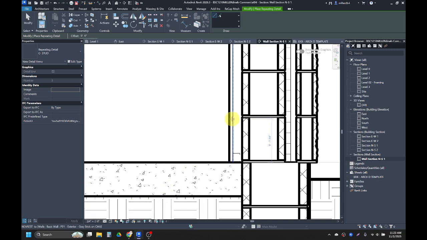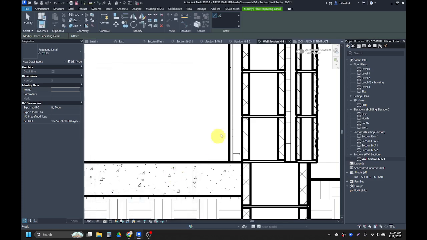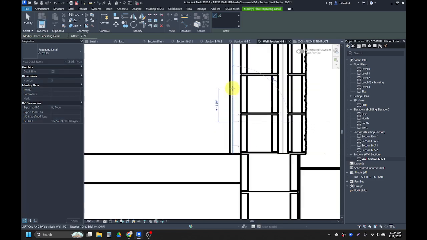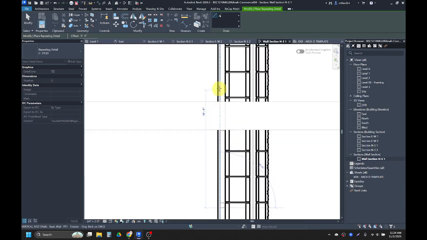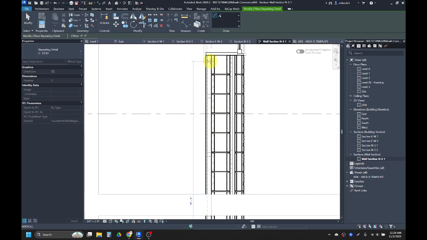And then I'll place my next one, which I wish was going that way. Maybe I'm not going to be able to do it this way. Drat. Oh, I can change the rotation. Let's see, 90 clockwise. See if that fixes it. Cool. So I'll place this one, and then I'm just going to keep going up and up and up until I reach